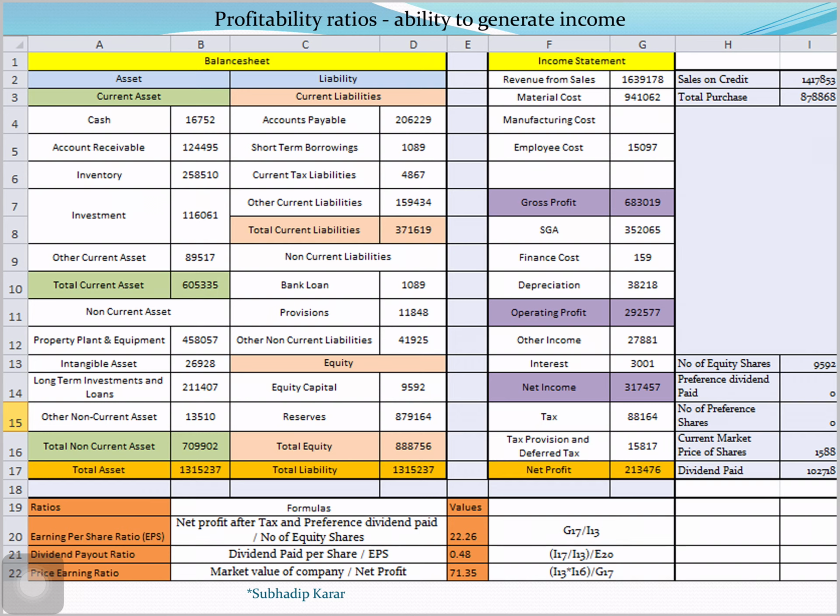The next one is the dividend payout ratio. It is a ratio of the total amount of dividends paid to the shareholders divided by the net income of the company. Or sometimes it is shown as dividend paid per share divided by EPS, if the dividend payout ratio is converted into per share.